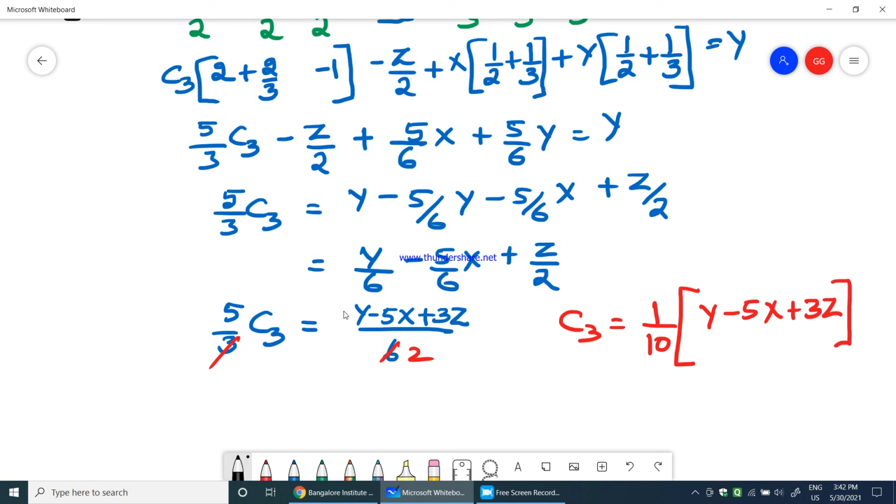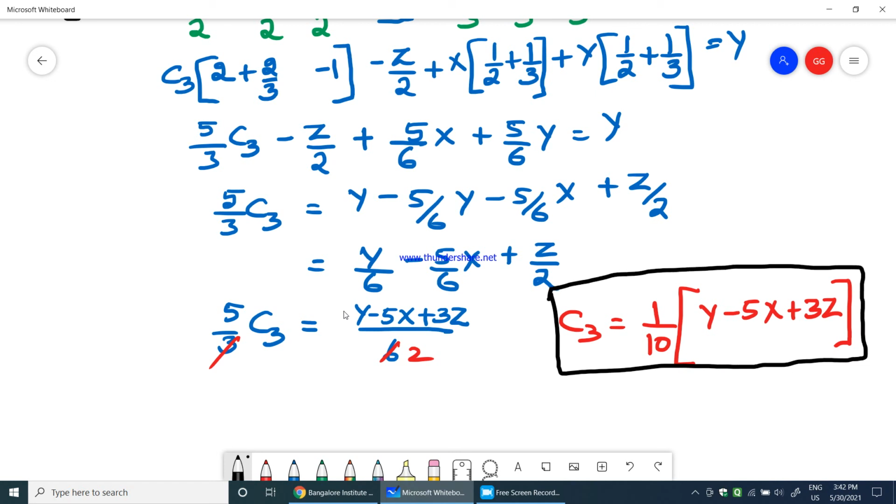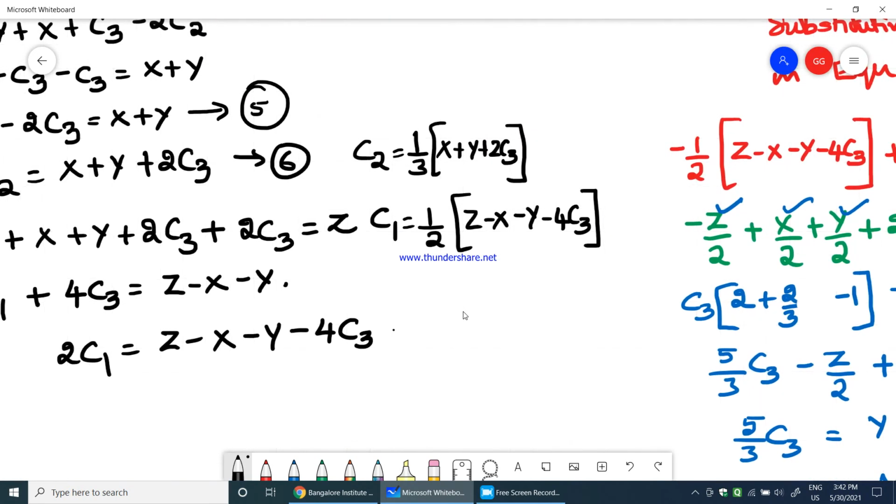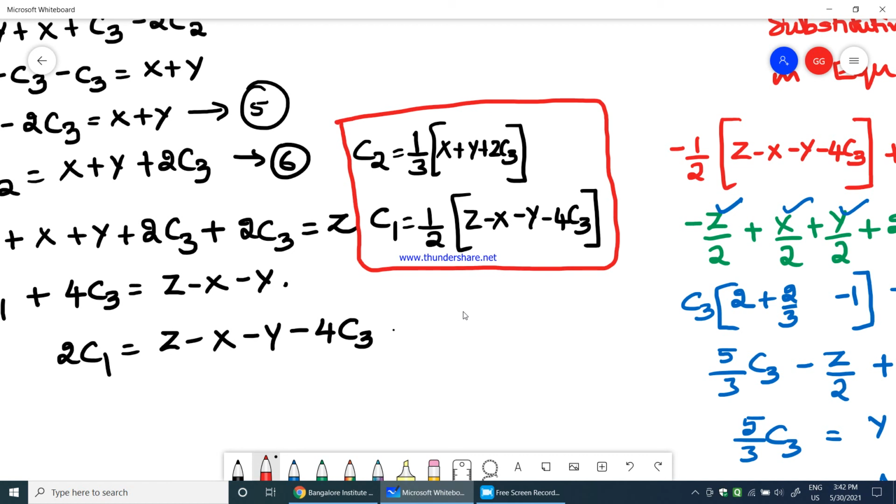So therefore here if you see, C3 is completely based on x, y and z. So find out C3 here, and after finding out C3, you have two equations with C2 and C1 in terms of x, y, z and C3. After finding out C3, you can substitute C3, x, y and z here to find out C1 and C2. So these three sets of equations will allow you to find out C1, C2, C3, which will get you a combination of vectors which can be a span of S which comes under R3, R to the power of 3.